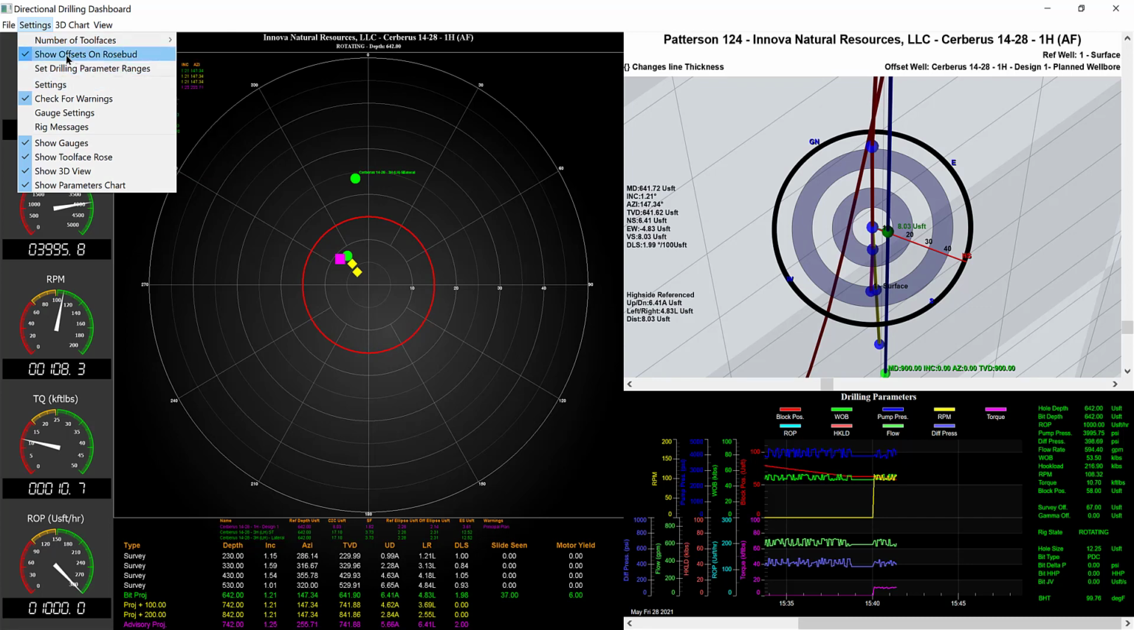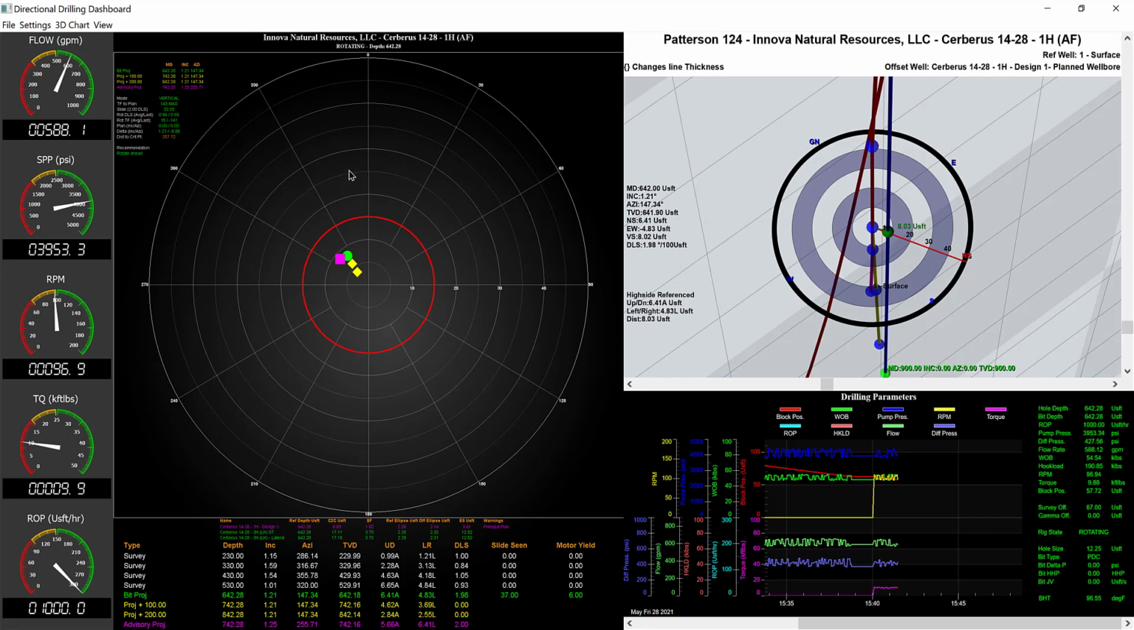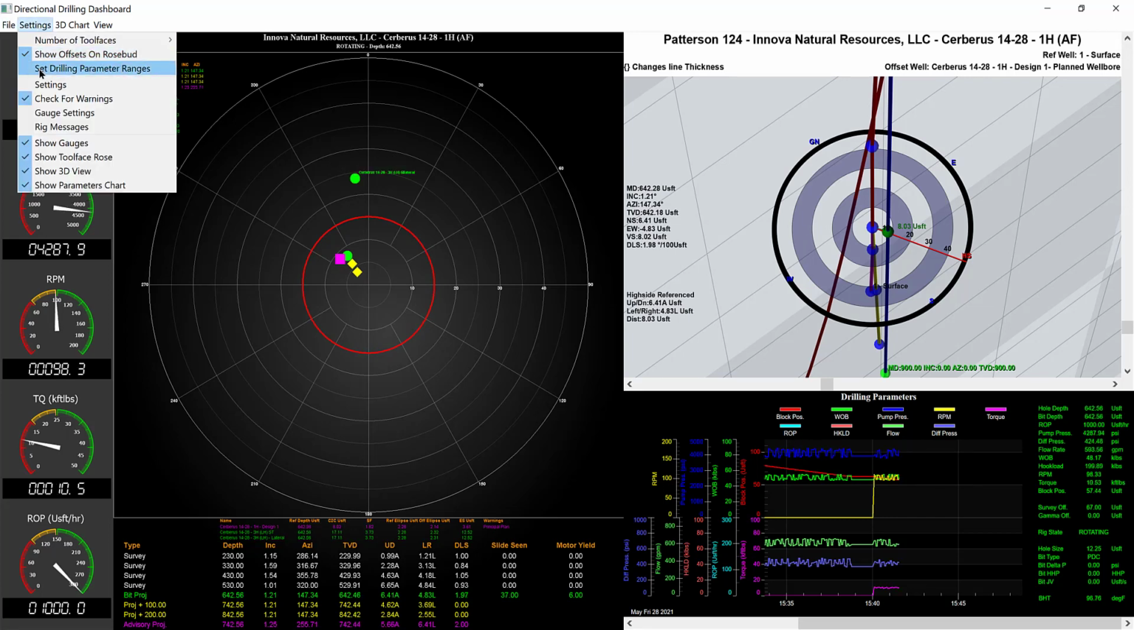Show offsets on the rosebud. If I uncheck this, our offset well will not be displayed. Set drilling parameter ranges we've already covered. That affects the chart for the drilling parameters, each series min and max values. We'll come on to settings in a moment. Check for warnings. We will also cover that when we go to settings. Gauge settings we've covered. We've already covered how to toggle on and off the various different sections of the DD